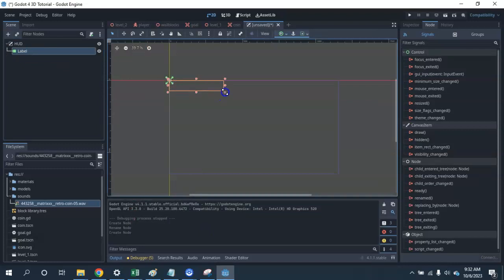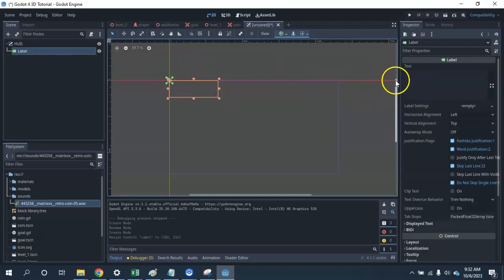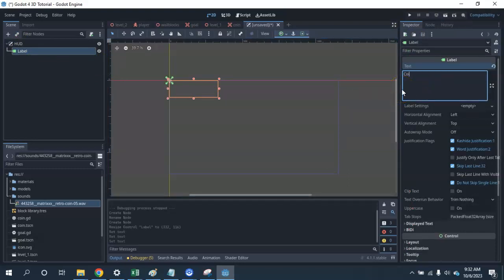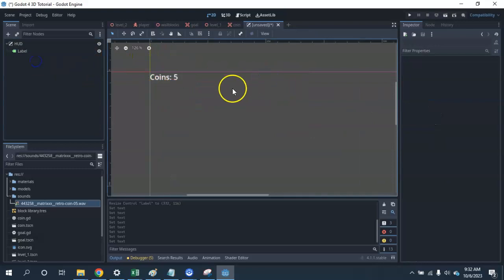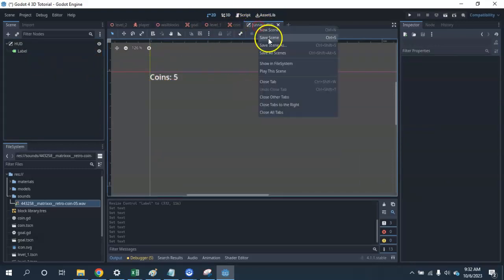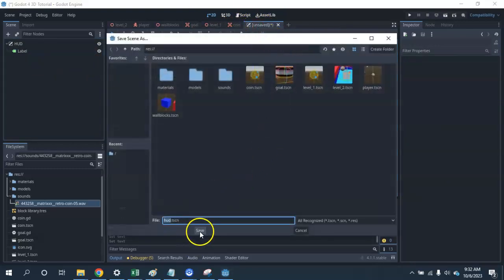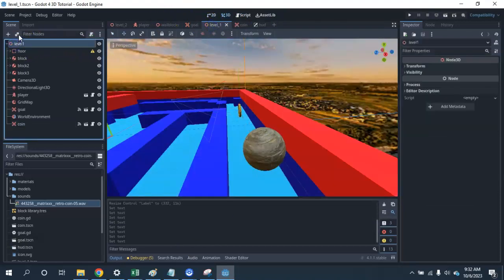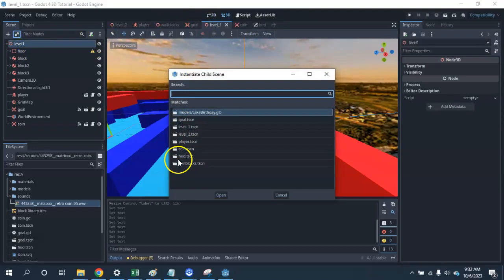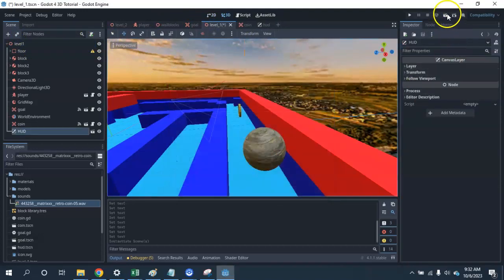And you can see that the label appears right there. And a label is a pretty simple piece of text. I can just type some stuff like coins 5 or something. And if I zoom in, you can see there's my coins. And if I save this scene, I'll call that my HUD. And I'm just going to drop it, instantiate it on level 1. You'll see if I play,